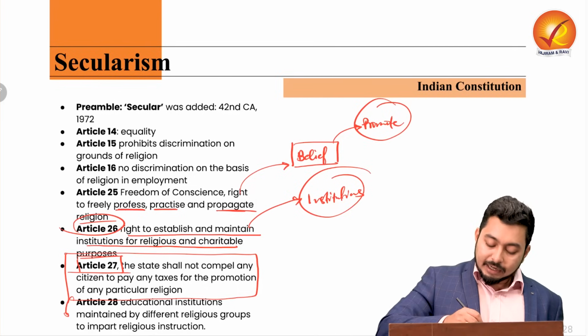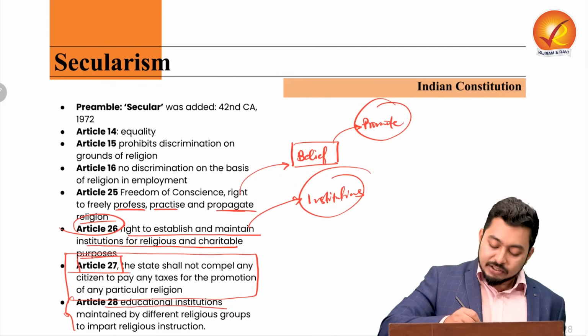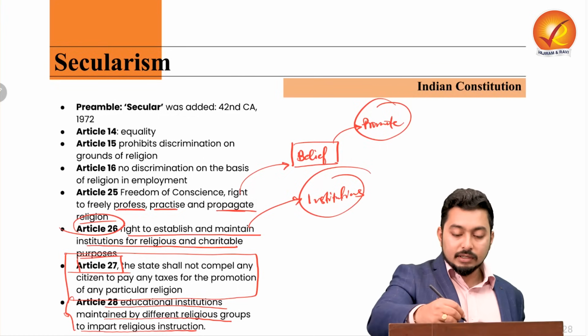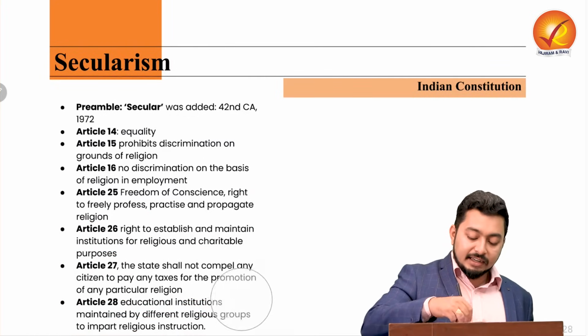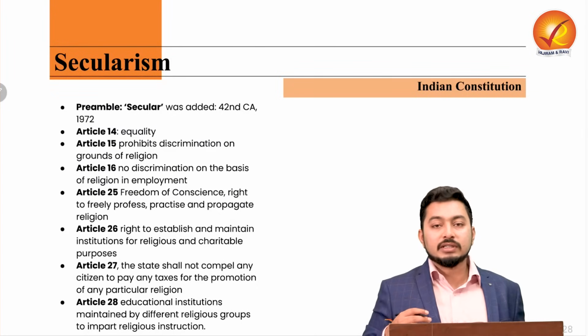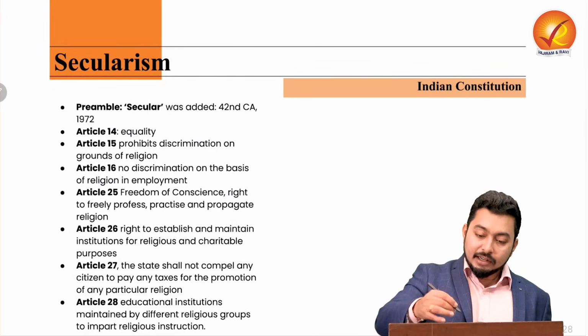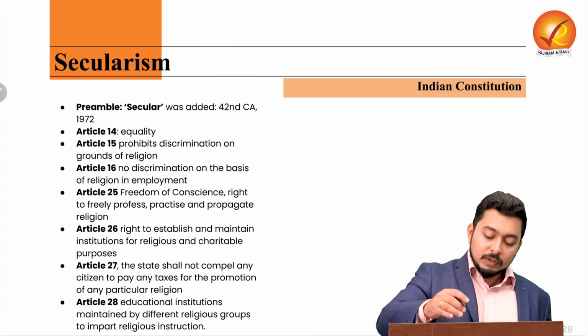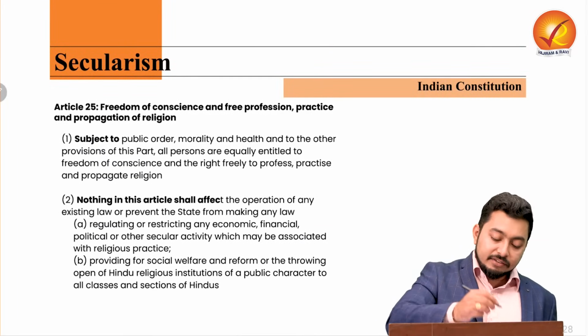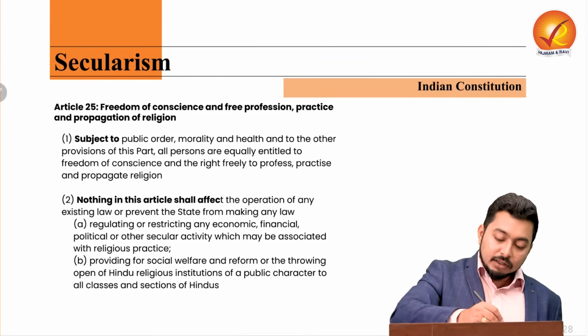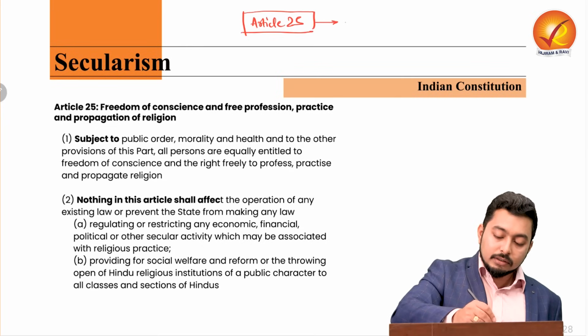Then, Article 28 says that educational institutions maintained by different religious groups can impart religious instructions. That means the state also allows various religious groups to create their own institutions and to teach the religious philosophies, right? Now let's look at the Article 25, because Article 25 completely tells us what is the state's action